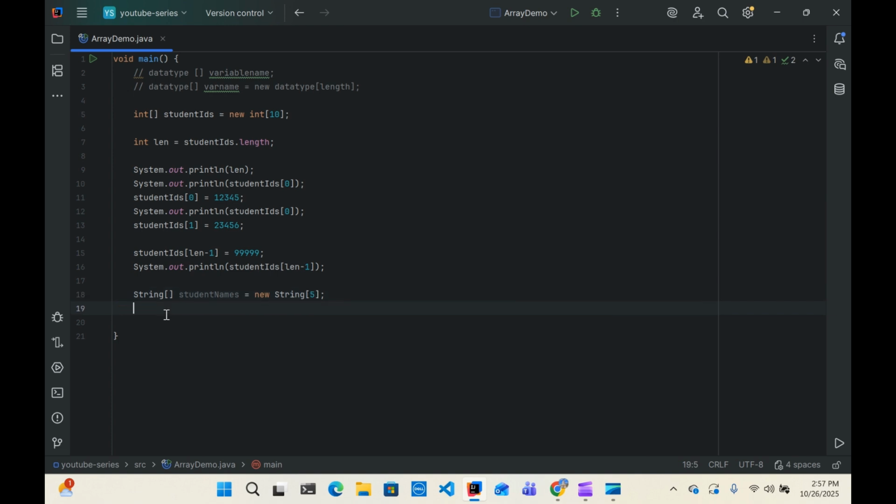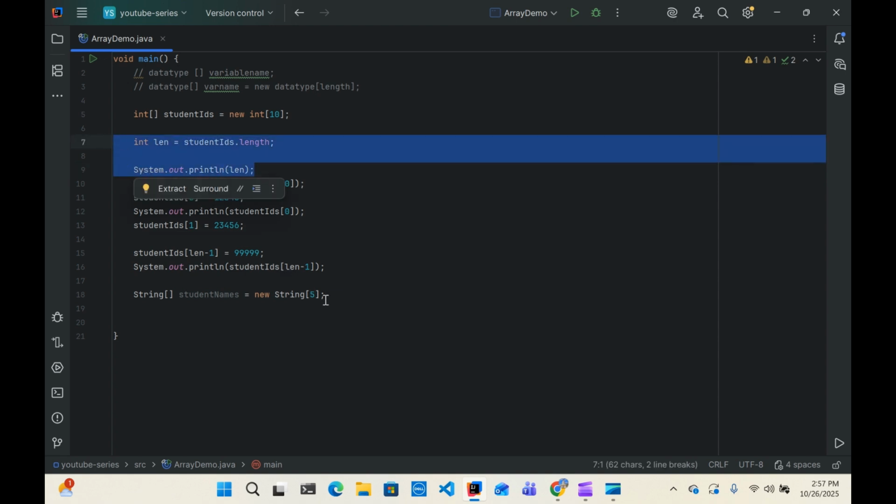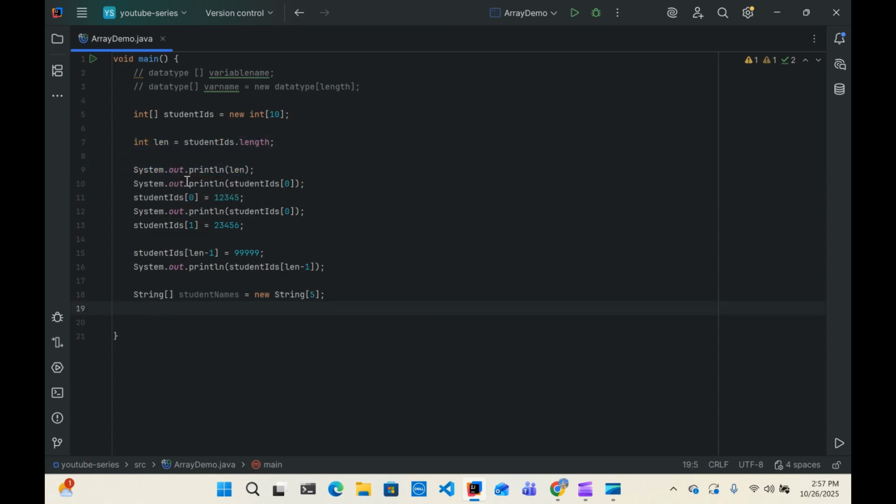Okay, it is the same. For example, if I print the length just like this, it is going to be 5, right? And so if you want to insert something, again, student names of 0 first name, and again it's going to be John Doe. And if I want to store another name, let's say 1, and if I say David, and I want to store the last name,